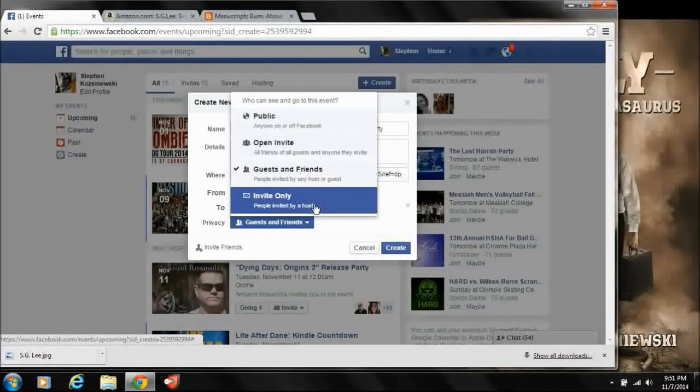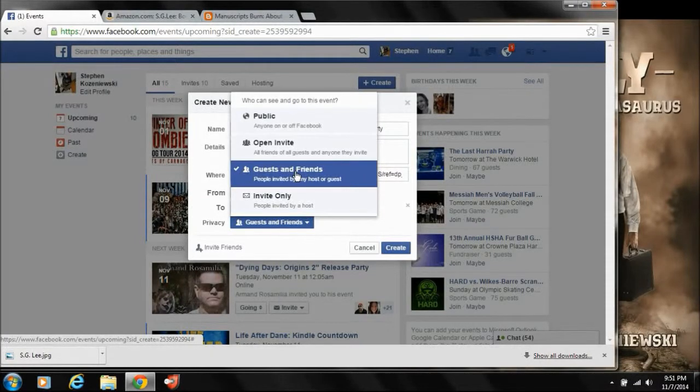Your guests and friends, that's going to be the most common one. So that's like if you're having a party, this is all kind of self-explanatory. Guests can then invite their plus ones and that sort of thing. So if I invite 10 people and they want to bring their plus ones and so on and so forth,